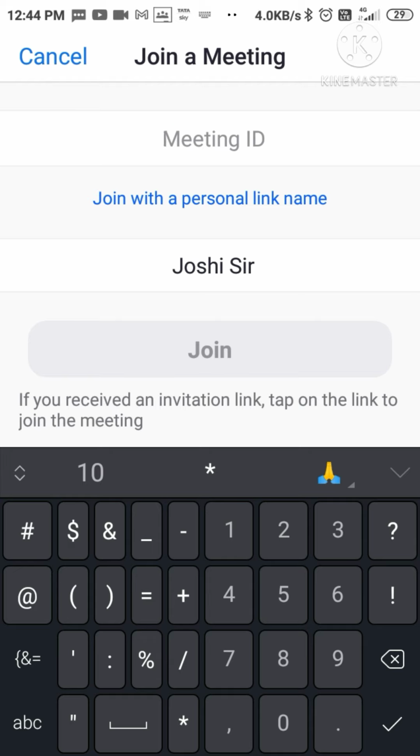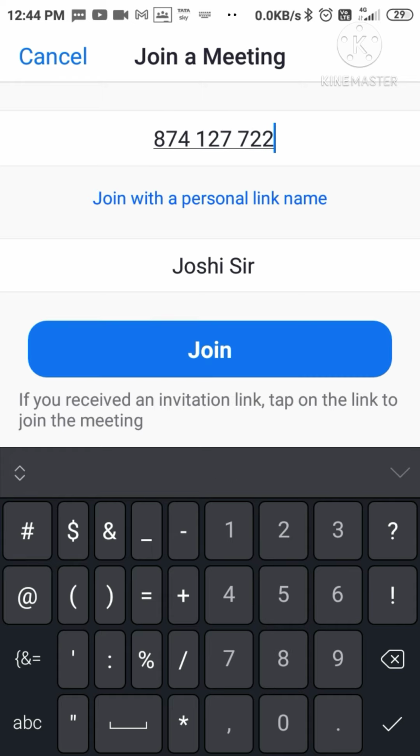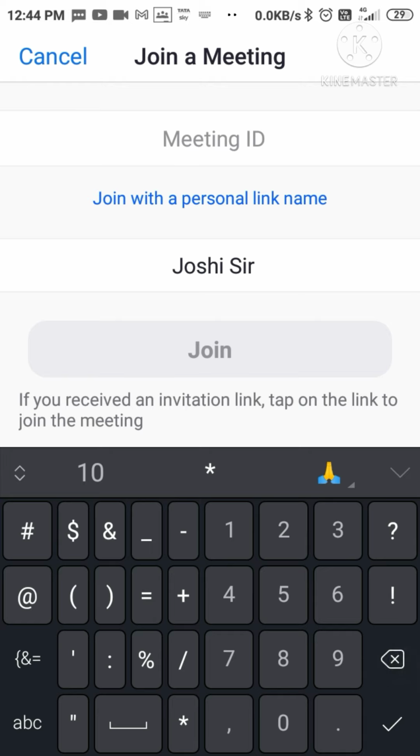If you received any ID, so put that ID here like this, whatsoever it may be, that number, and click on join. After joining, it will ask you any password. If any password is given there, so that you have to put there and you are join in the meeting.